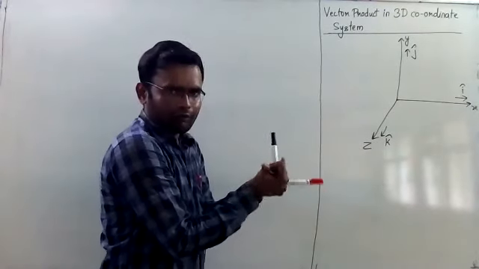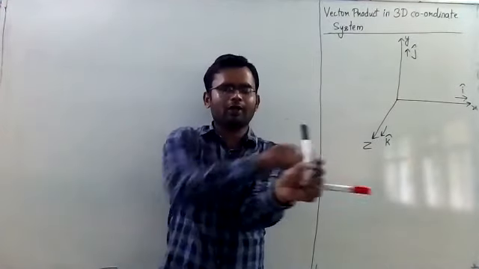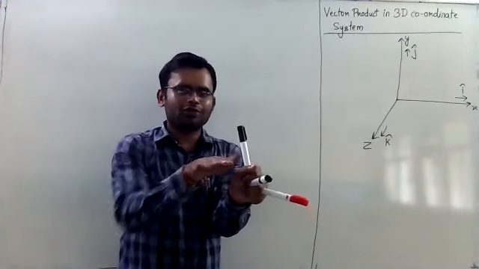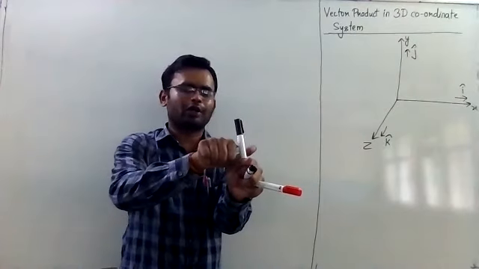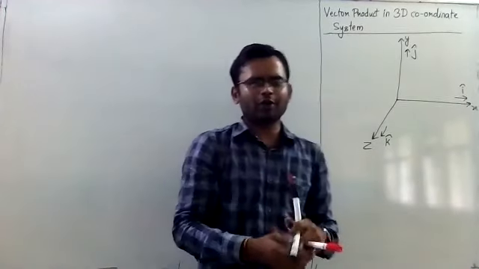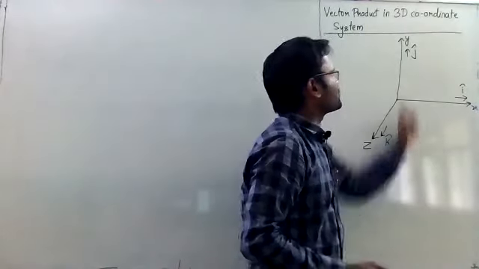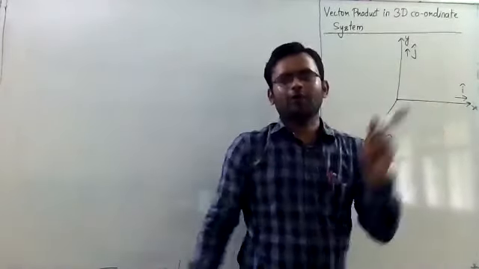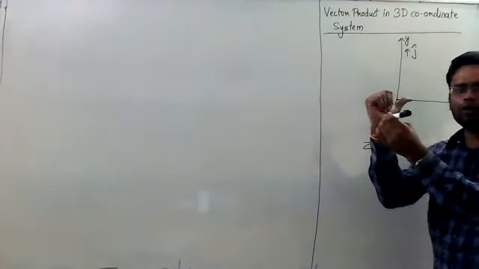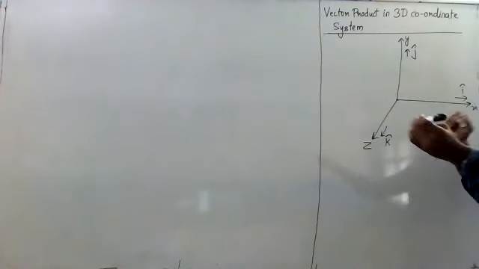So, x cross y is giving me z. Also, y cross z is giving me x. Just try to imagine it like this. This is y, this is z. So, y cross z is giving me x. If I just take one single vector along the x, this is y, and one single vector along the z axis, y is upward, z is out of the plane. So y cross z by right hand thumb rule is denoting the x direction.